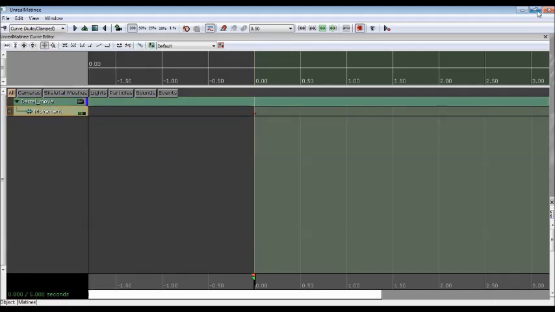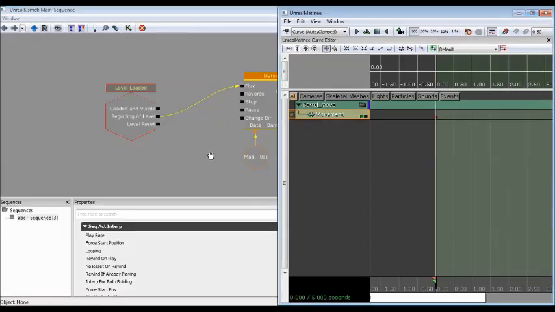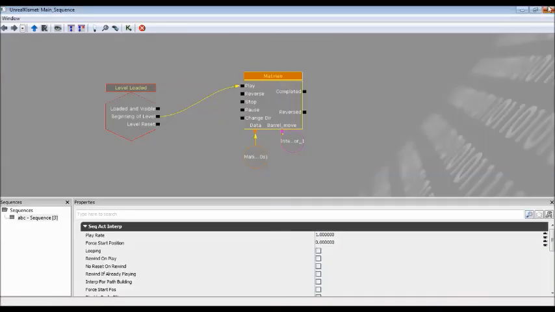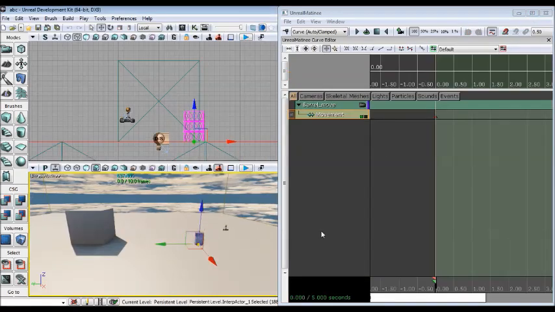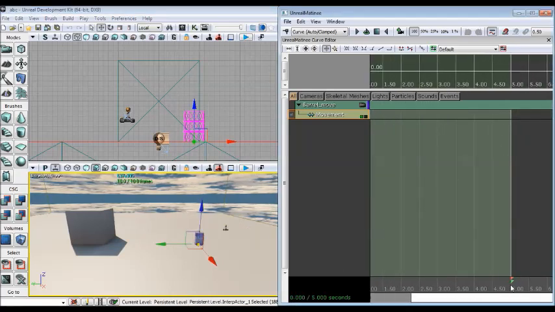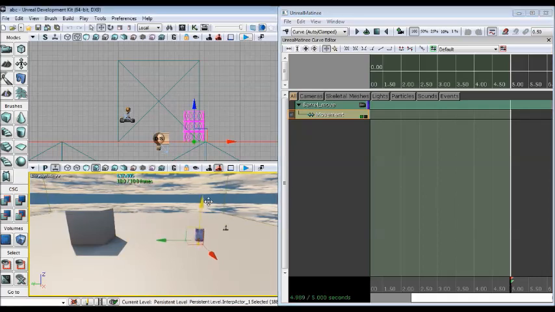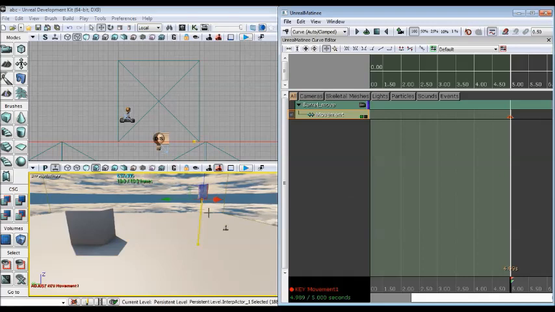So then I click, then I get rid of the Kismet window, and as you can see, I'm already clicked on it, and you can see there's a yellow square. So then I move to 5 seconds, the exact time, and then move the barrel to where I want it. I'm just going to move it up like that, and then after I've done that, I add a keyframe. You'll know when you add a keyframe because there'll be a little triangle. As you can see, there's the movement,